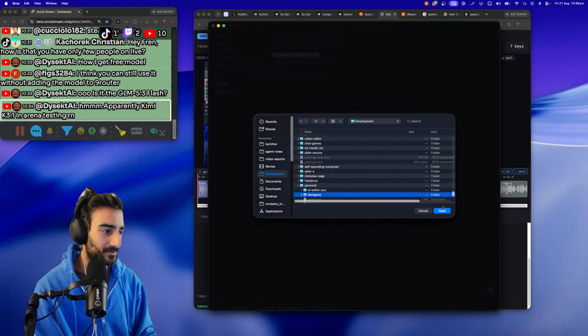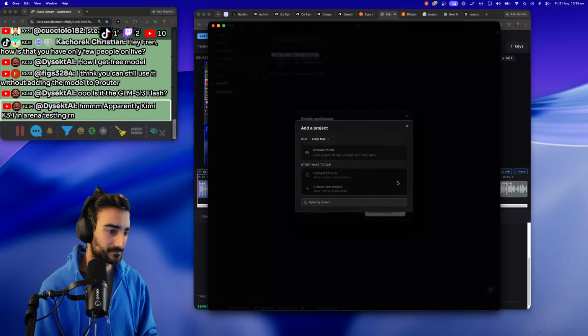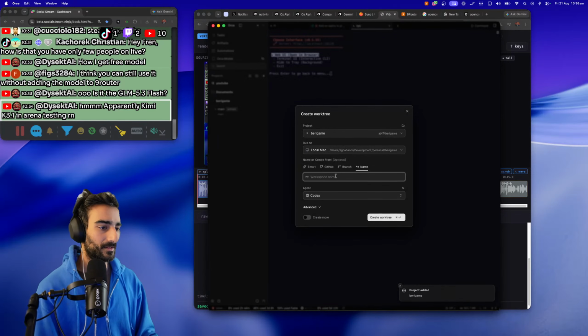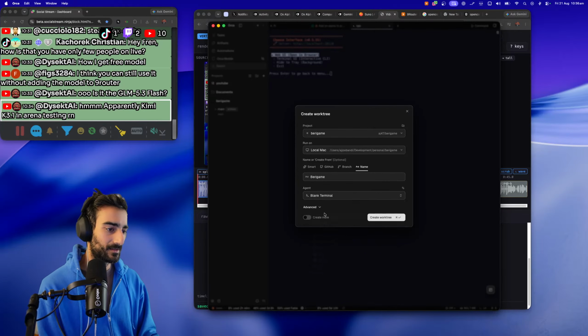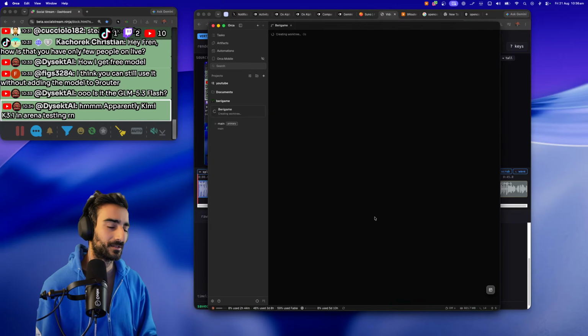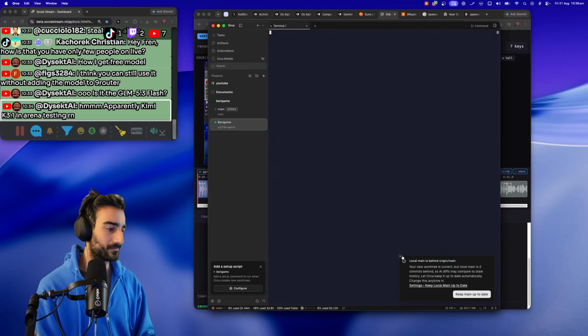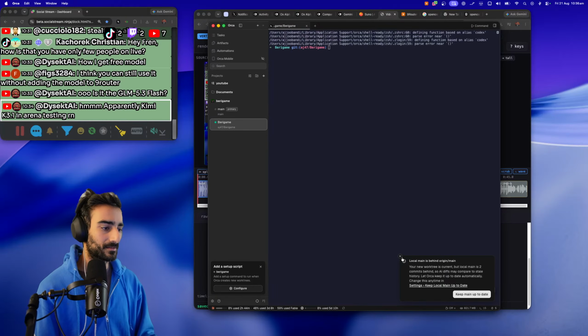Here we go. Berry Game. We'll call it Berry Game. What agent? Blank terminal. New worktree is behind main. Main is 2 commits behind. Okay, let's